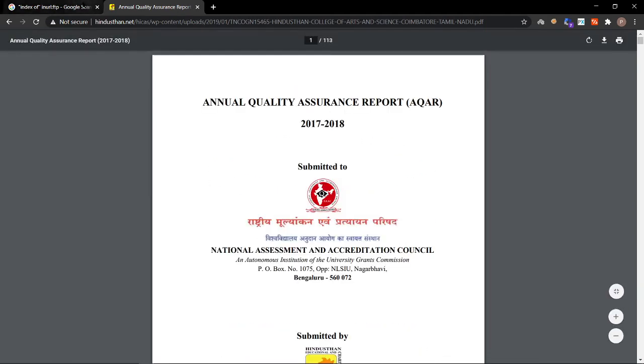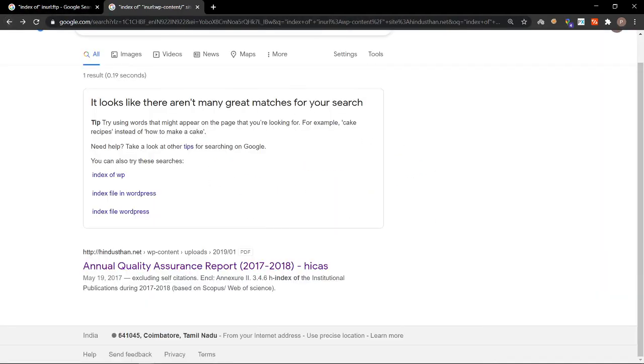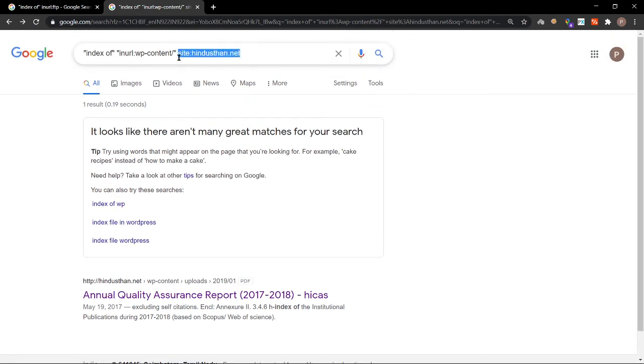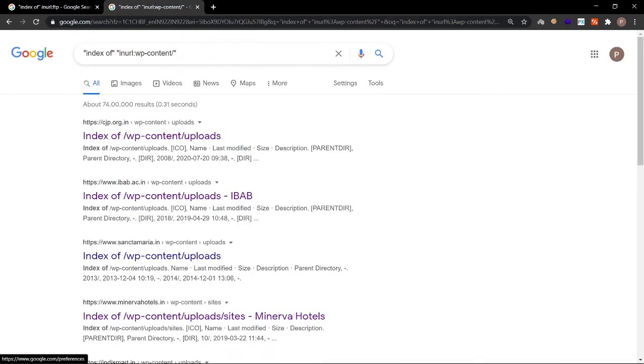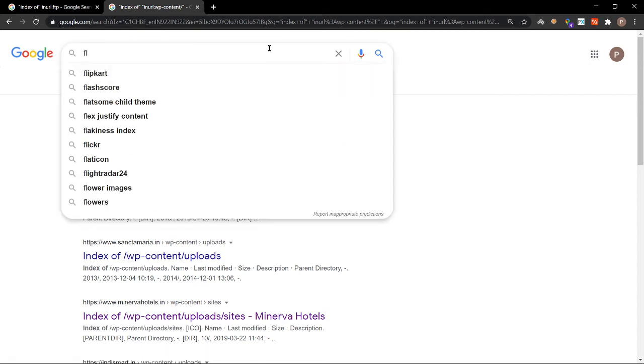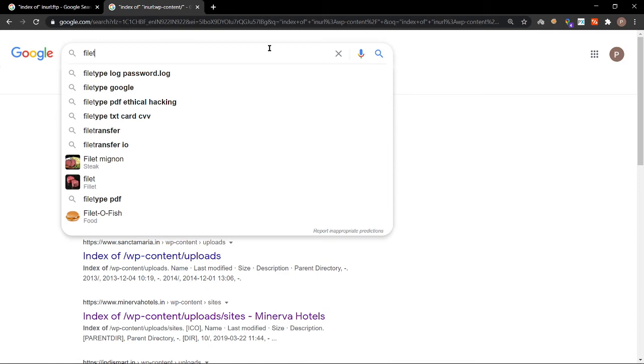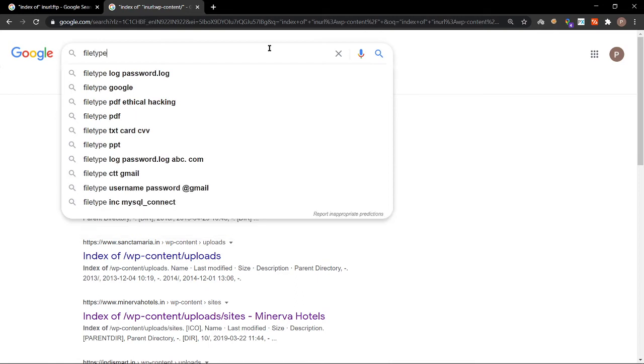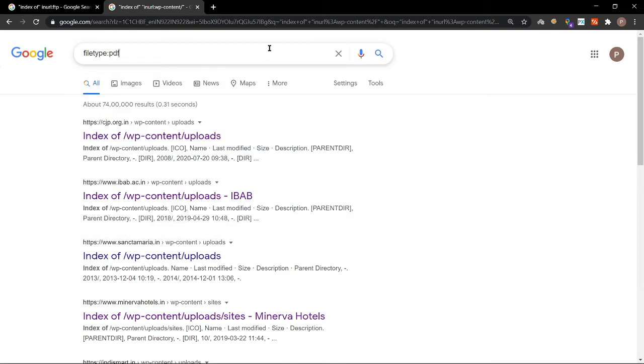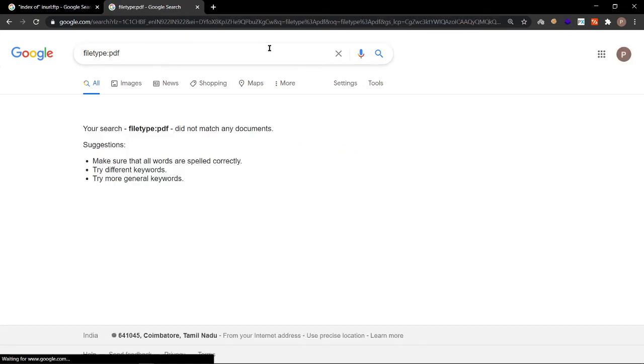Let me close it. One PDF of Hindustan has been exposed in Google. So other than simple queries, there is the file type. If you are in need of particular things like file type, let me give PDF. The search results I'm getting will be only PDF.